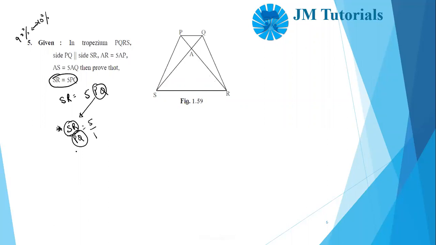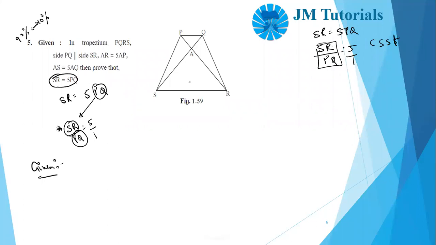Okay, so I'll go ahead and write the given. Like I told you again, guys, when you see something like this, don't get scared. You just push the PQ down. So if SR is equal to 5 PQ, you write SR upon PQ is equal to 5 by 1. Now this takes the form of CSST. You write this upon this is equal to this upon this is equal to this upon this. So this is that form. That means you know that you have to prove the triangles similar.